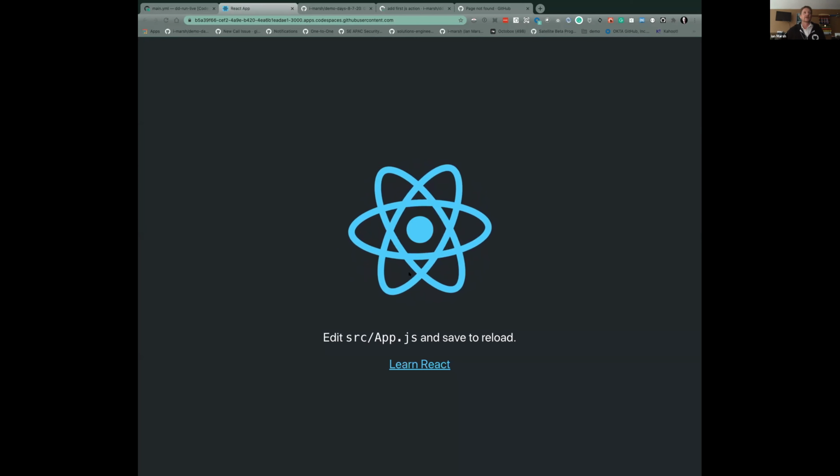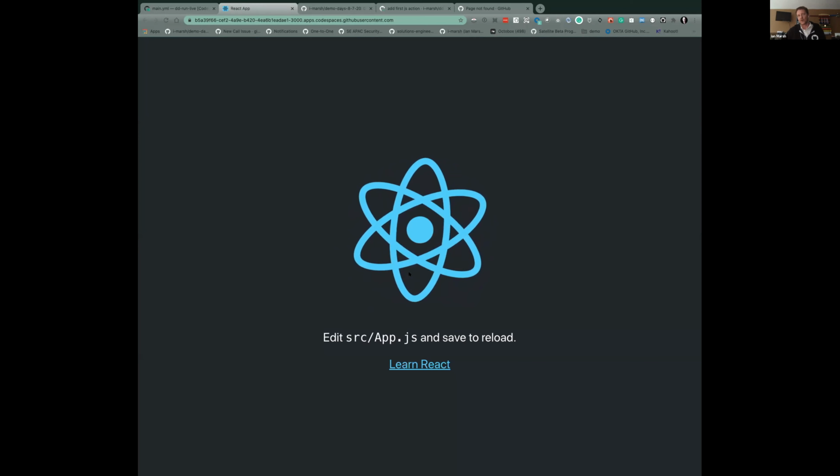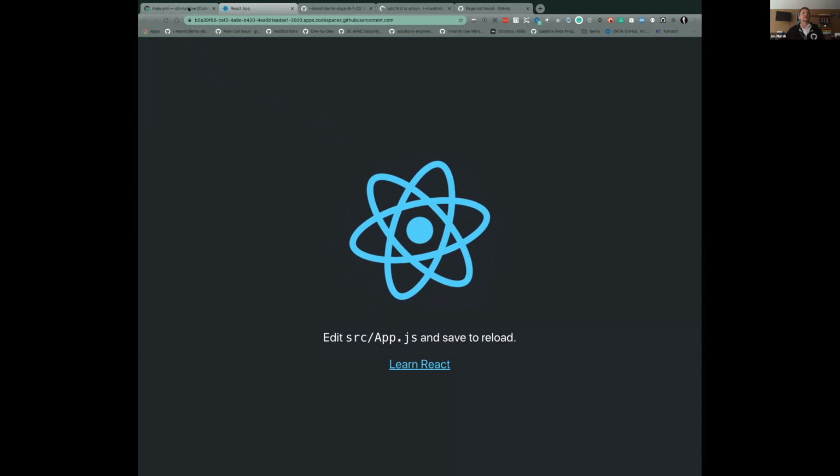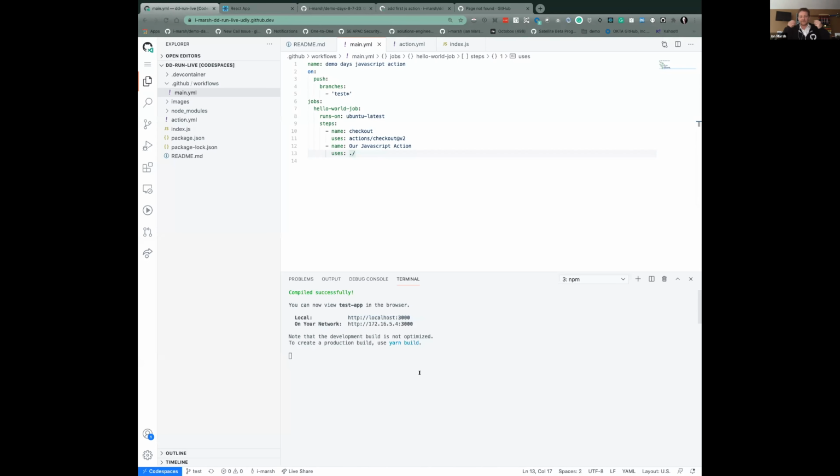So we see the React spinning logo, so you know that server is up and running. That's just, to me, the fact that I can do this from anywhere on pretty much any platform just through the browser is game changing. I'm super excited. All right, back to the main plot. Let me stop that server and we will go back to business